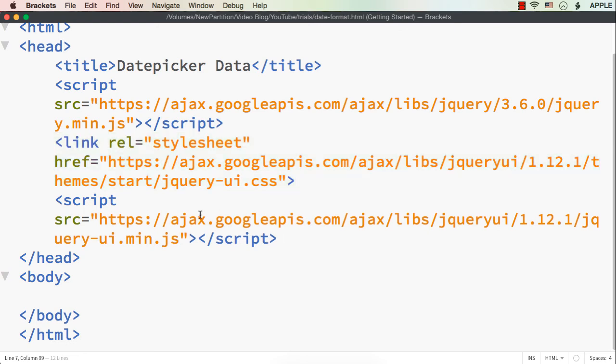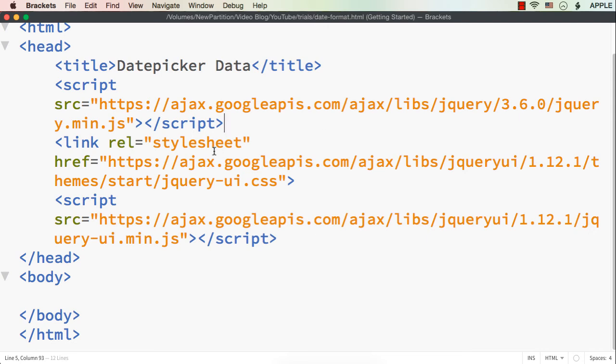You can either add them as online reference or as offline reference. If you want to get this link, you can go to Google and just type Google hosted libraries, and you can find the link for different JavaScript libraries there. From there, you can get jQuery's reference and also jQuery UI's reference. One thing you need to consider is the jQuery reference should be added first and then the jQuery UI reference. So here I have added them as online reference.